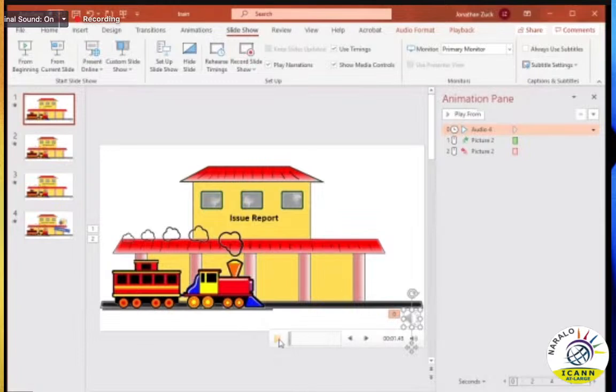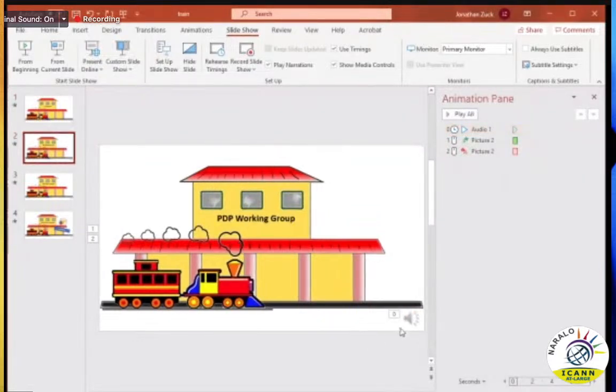the first stop in the policy development process at ICANN is the formation of the issue report. Is the audio associated with that slide? And now each slide has audio associated with it. And if I come here and I look at the animation, I also see that there are now timings associated with these animations. So now if I go to play this presentation, fingers crossed,